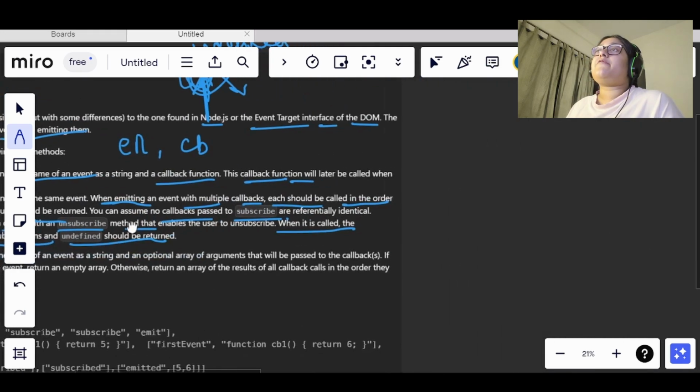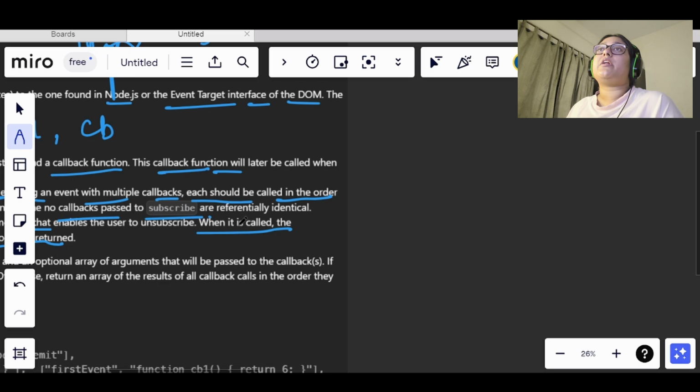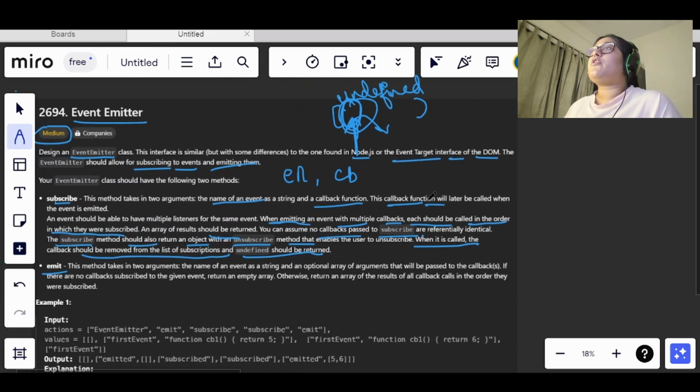So in the subscribe function, first of all it will have two parameters: an event name and a callback.